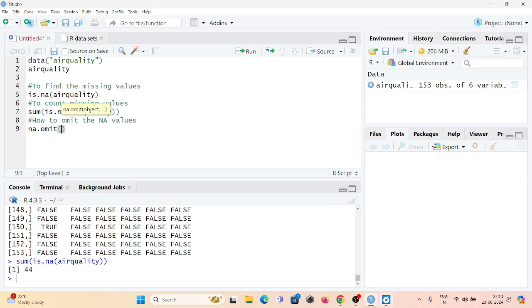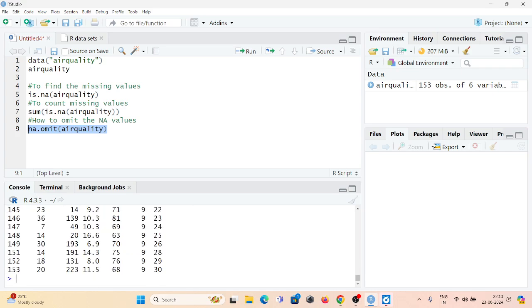This is na.omit. From which data set do we have to omit this NA value? The data set is this airquality. So we have to omit the NA values or missing values from the data set airquality. Then just select this, click and run.